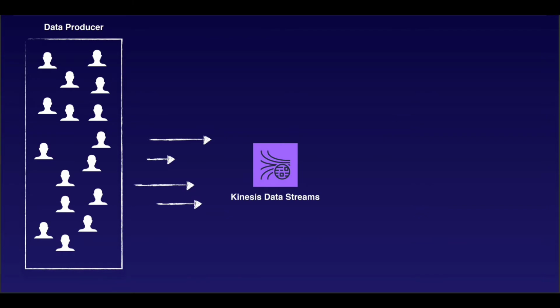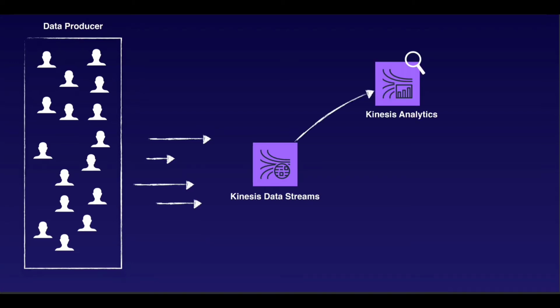Once we have created our data producer, then we will connect it to our Kinesis data stream and start ingesting random user data into our stream. After that, we will use Kinesis Analytics to run queries on that data and transform it to a subset of that information. So all we do is create a query that just returns their name, their age, their location for all the users 21 and older.